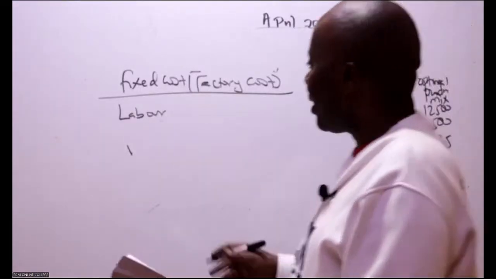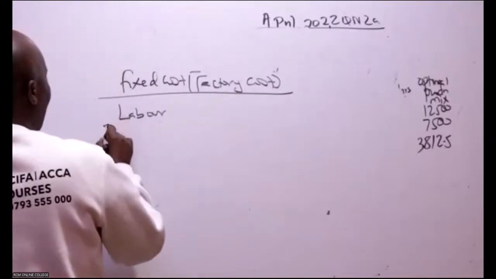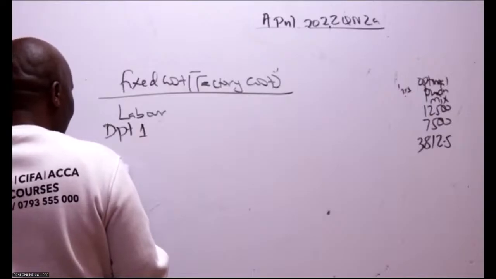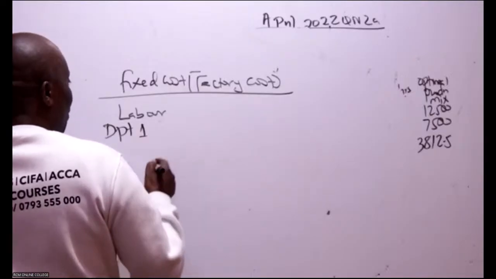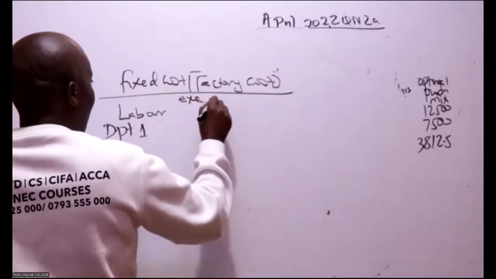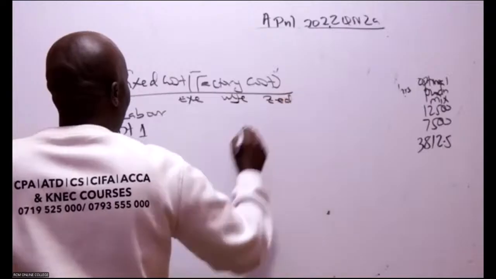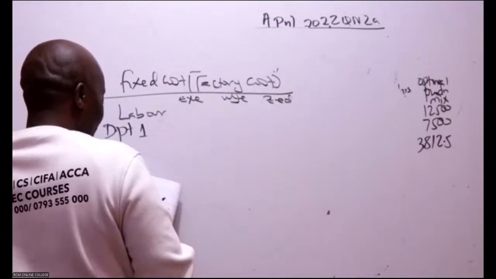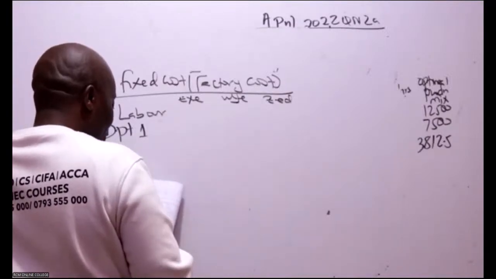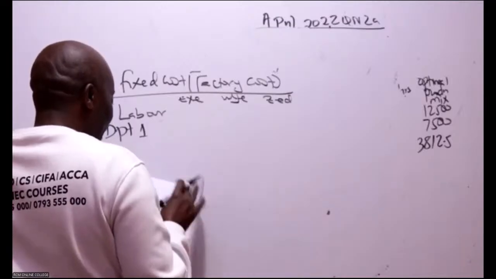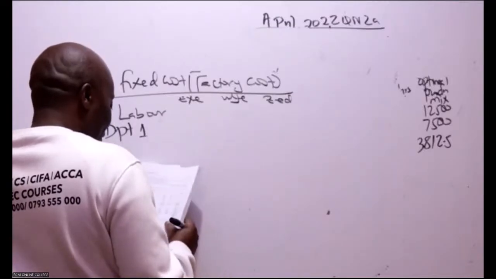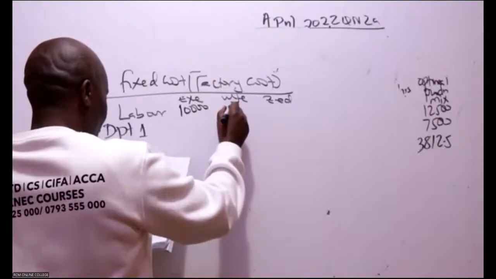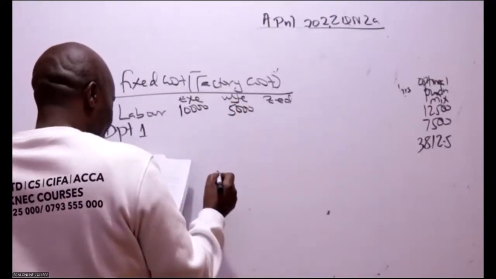So the current labor, we have Department 1. So don't forget that we have X, we have Y, we have Z. And here we're working with current output. The current output is given at the very beginning. So at the very beginning, paragraph number 1, this was 10,000. This was 5,000. This was